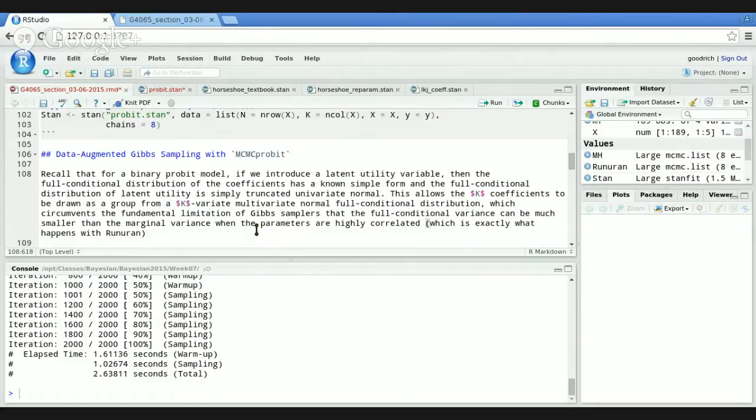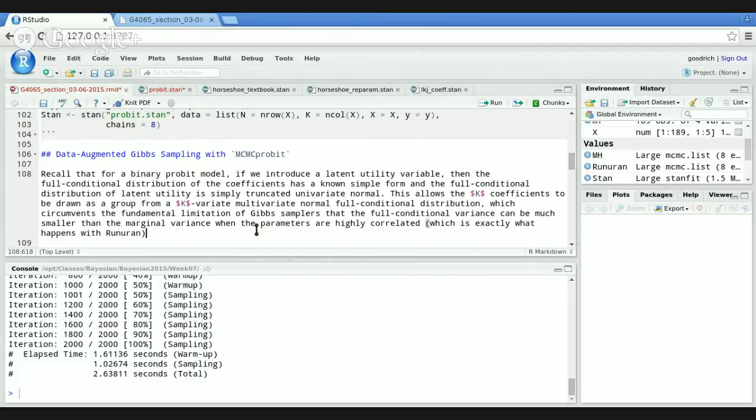And the full conditional distribution of the latent utility for each observation is simply going to be a truncated univariate normal, either truncated from below at 0 if y is observed to be 1, or truncated from above at 0 if y is observed to be 0. And so if it can draw those latent utilities from a truncated univariate normal and then condition on those latent utilities in order to draw the whole vector of coefficients from a multivariate normal, then the MCMCprobit approach using